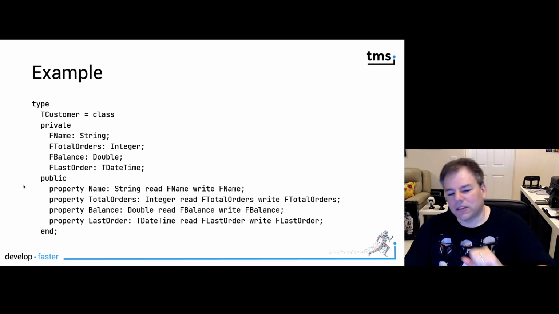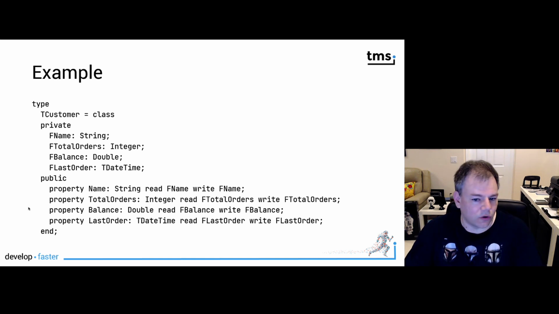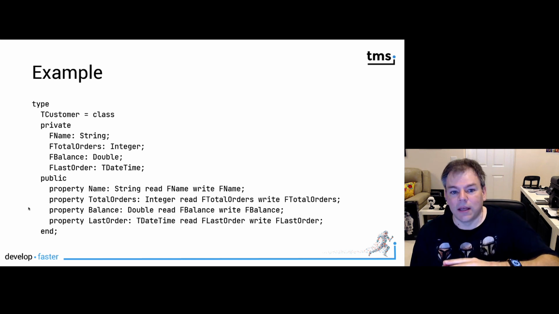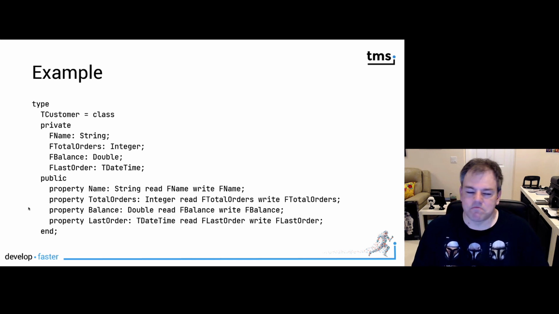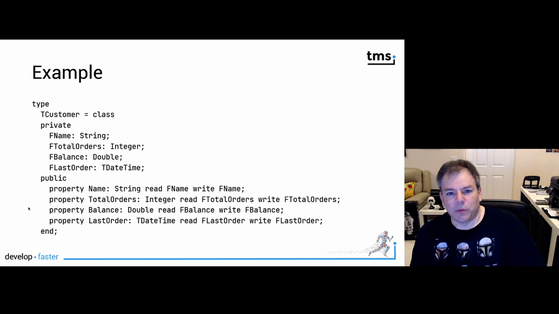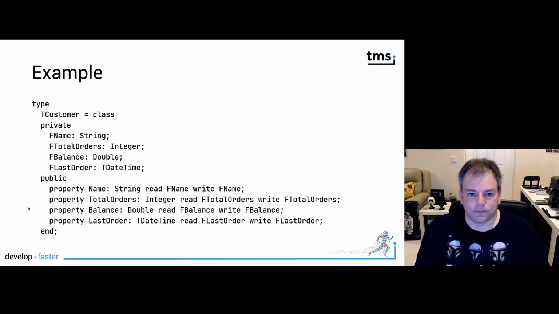So this is actually a very good example of how you can use your class. Like you can set the name, you can set the total orders, but the whole JSON functionality that I explained to you today is tied to the fields. And as far as I know, to any of the JSON frameworks that I've been using so far that are available in Delphi, all of them refer to the fields and not to the properties.